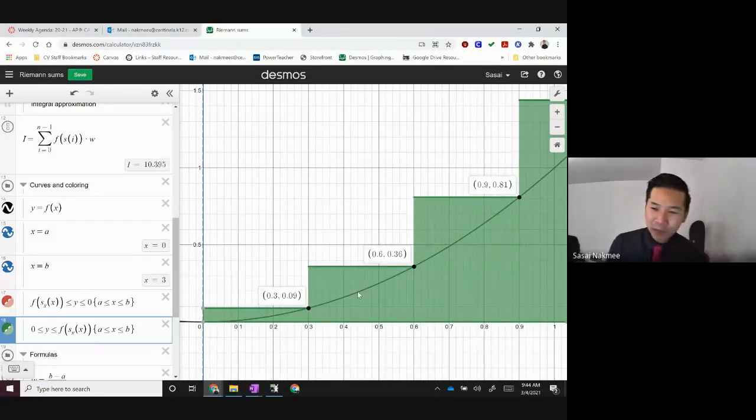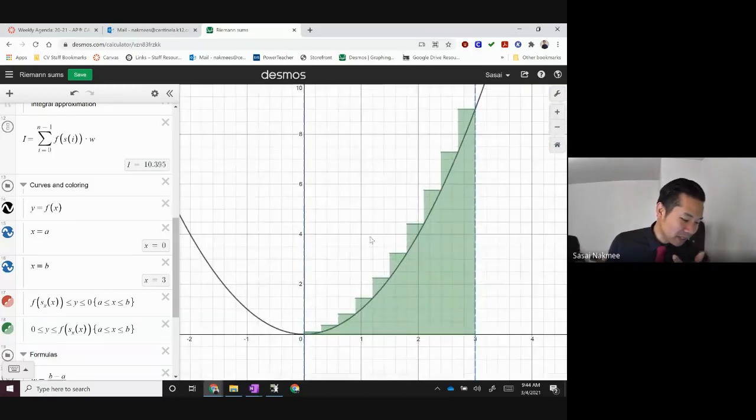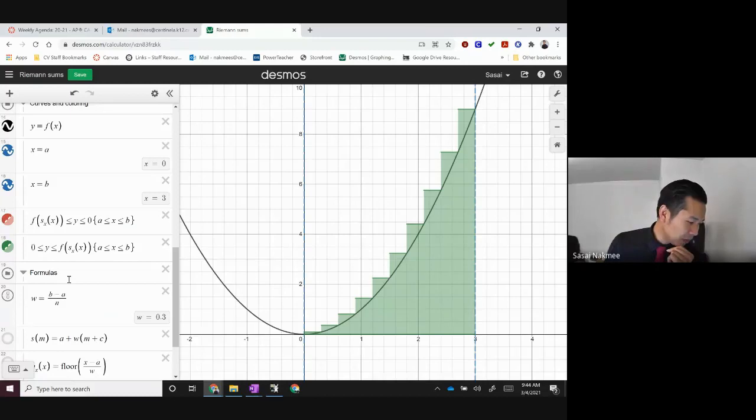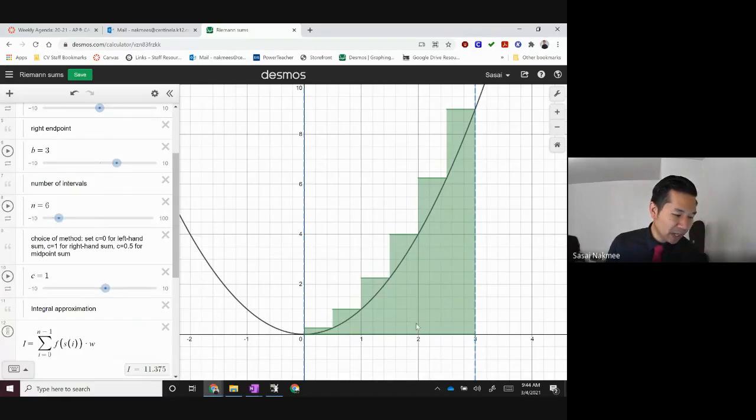They've gotten smaller. But with them being smaller, what do you notice about the approximation of the area now compared to when n was equal to 6? What do you observe? When n was equal to 6, here's my area, right? I have all these extra pieces right here. This is an overestimate. This is an overestimate. All of these are overestimates. But as I make the rectangles smaller, it gets more accurate.